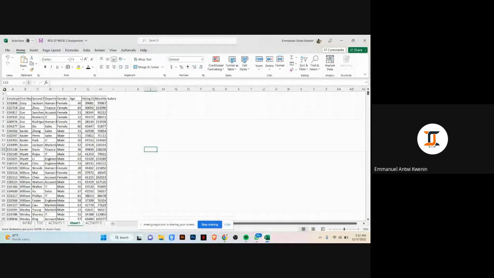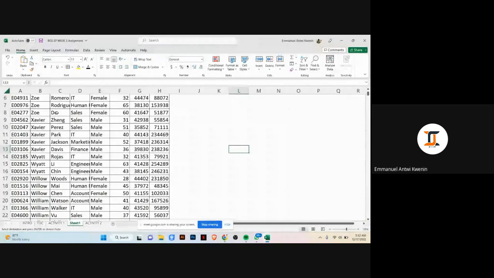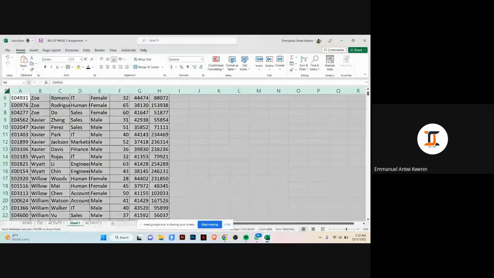When you stand here, your Excel mouse pointer turns into a solid cross, as you can see here. Let me zoom in. So when I stand here, it turns into a cross. When I click on it, it highlights everything in the sheet. And when I come here and I double click,